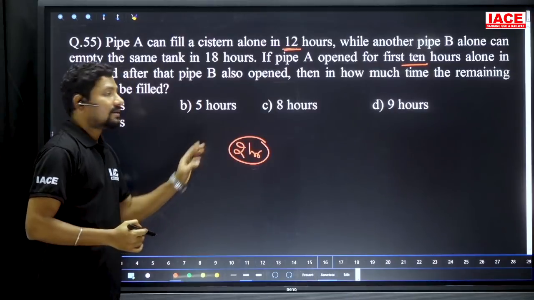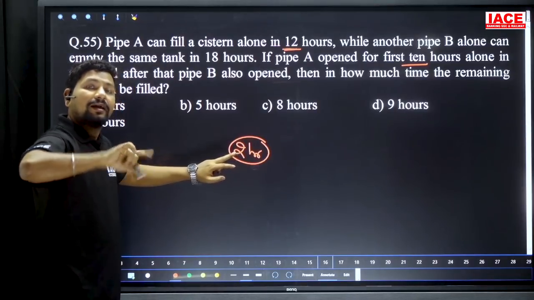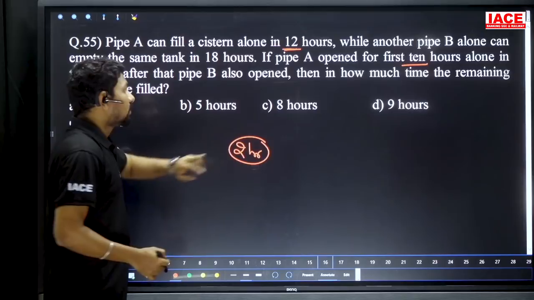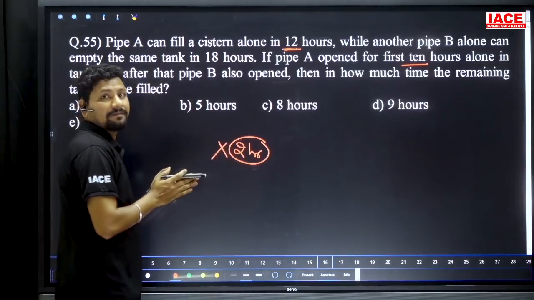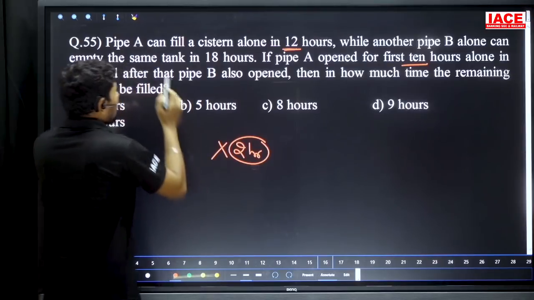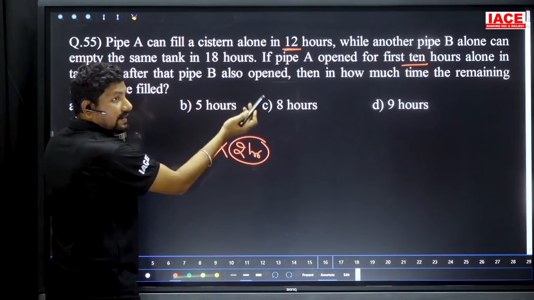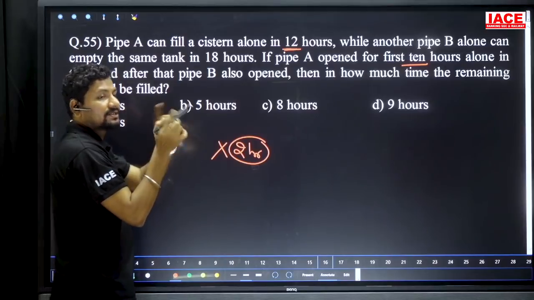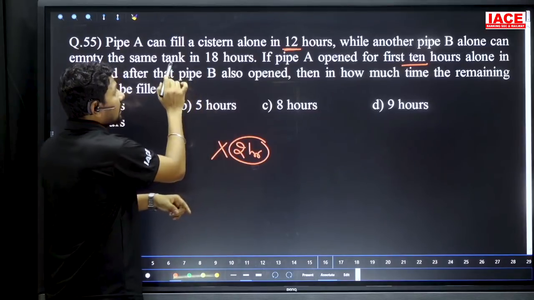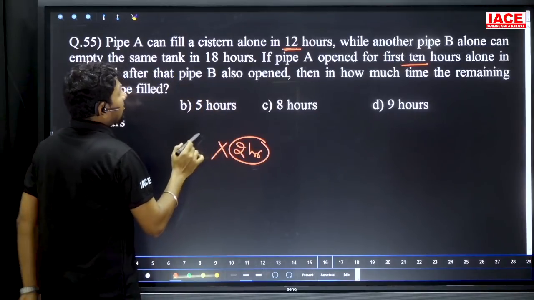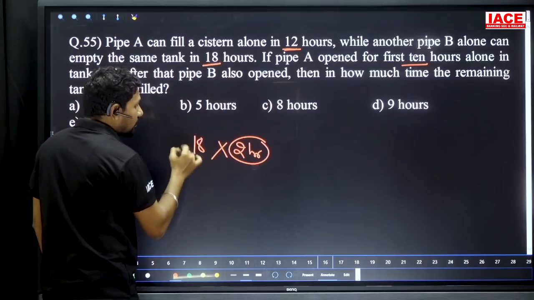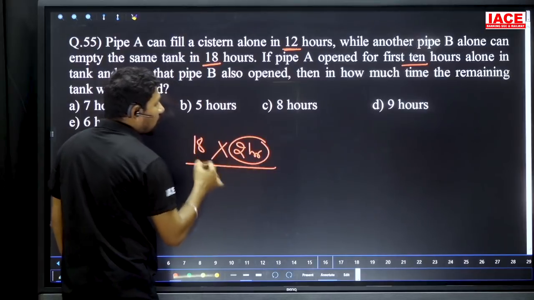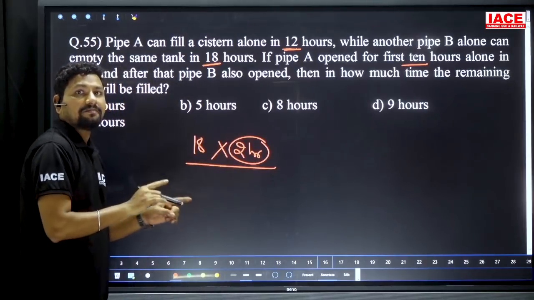This 2 hours of work is completed by the 2 pipes at a time now. We have to calculate how much work there is. A's time is B's efficiency and B's time is A's efficiency, because the efficiency ratio is opposite to the time ratio. So A can do 18 units in 1 hour, taking the total work as 36 units. Now A and B are filling at a time.